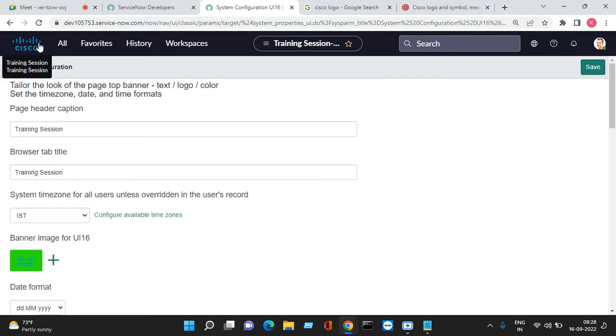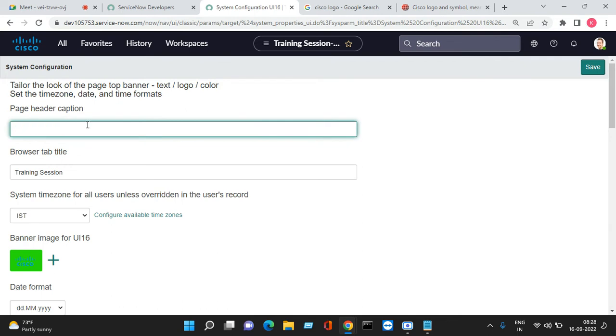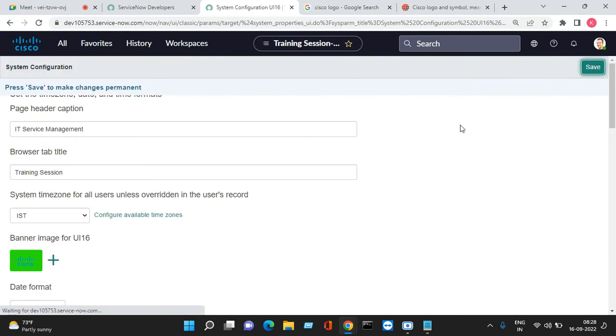See, this is the header, and I have given the training session. This is the page header. If you want to change that caption, I'm just giving ITSM, IT service management, and I'm just going to save this one. If I reload,